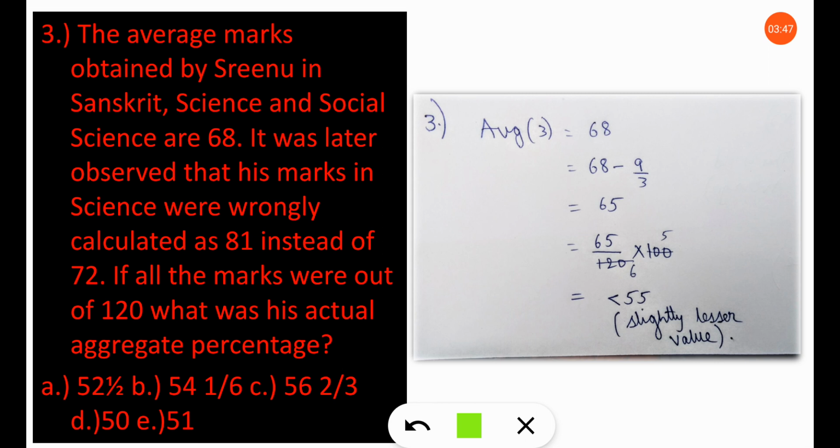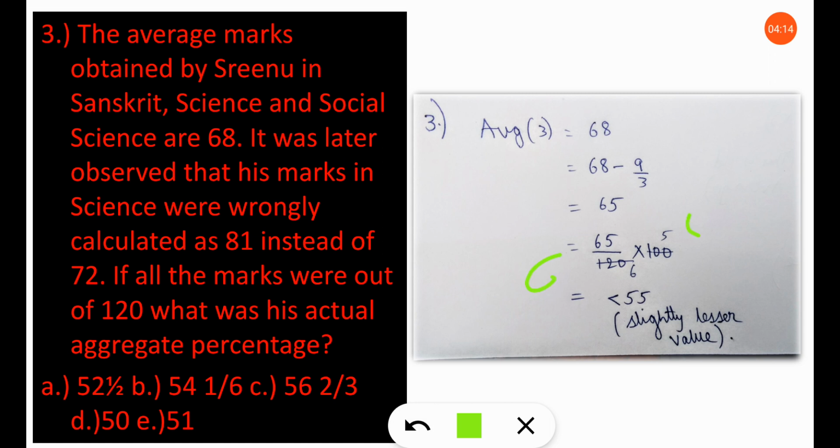But we are not allowed to deduct 9 directly from the 68. We have to identify the average of that 9 as we have discussed earlier. So the average of 9 is 9 by 3. Now this can be deducted from the complete average 68. And 68 minus 3 equal to 65. The total maximum marks is given as 120. So 65 by 120 into 100,